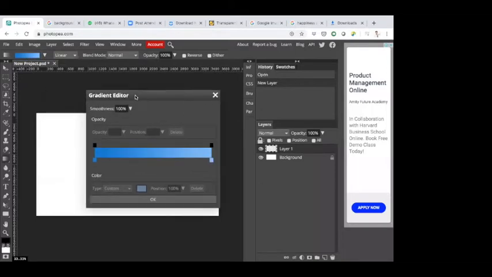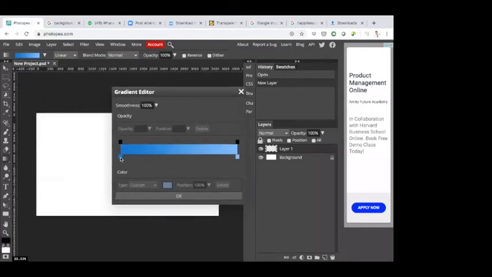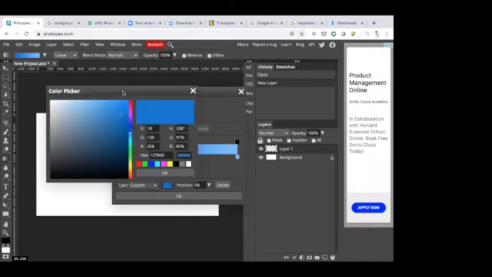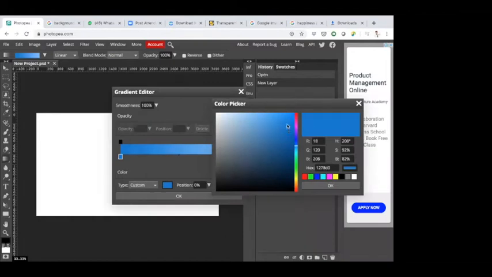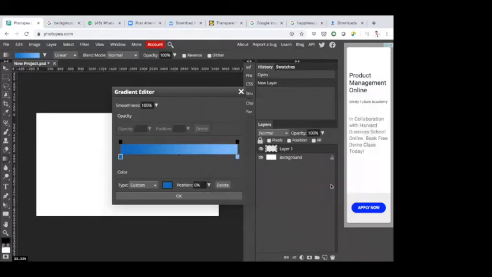The gradient editor will open up. Now click on this blue square here. Double click on it, and the color picker will come. So move around and select some slightly blue color. You can also copy paste this hex number which is here, 0C68B7, to get the exact color that I'm using. And then you can just copy and paste it here, or just type in your color picker and click OK.